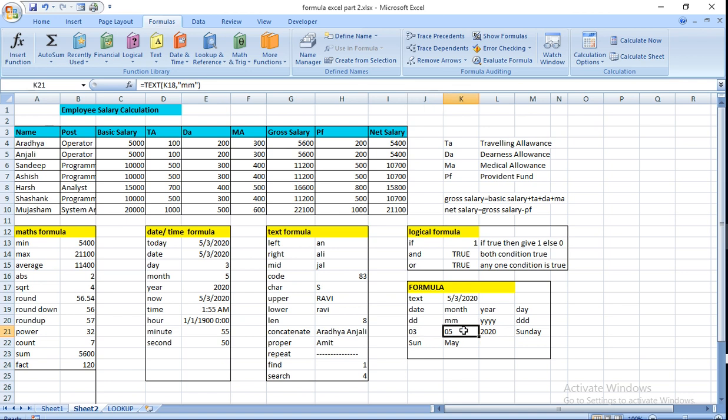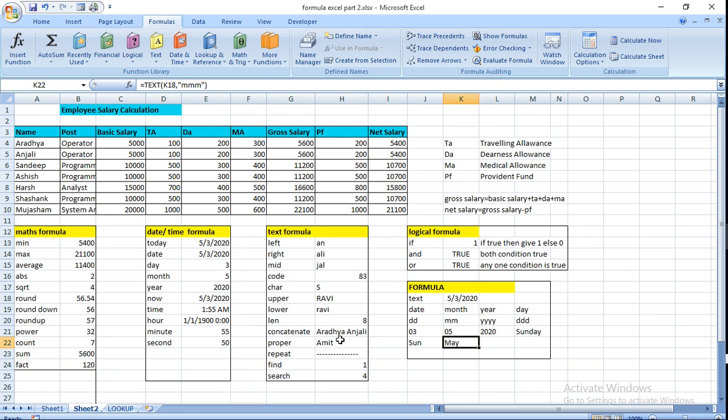When you say date and comma mm, then it will give you the month. Same way year. And same way when you write K18 and dddd, it will give you the whole day name. When you write ddd, it will give you 3 characters. Same way in the month, if you write mmm, it will give you 3 characters.